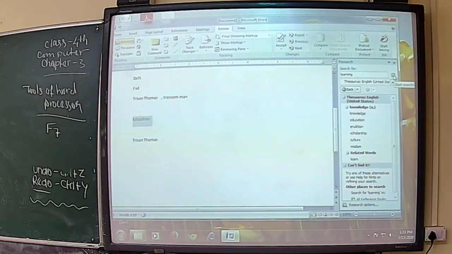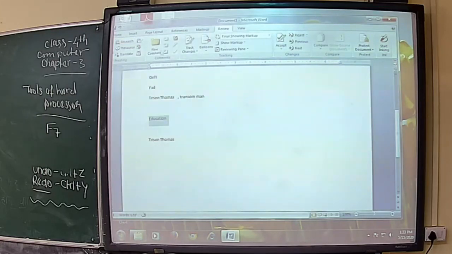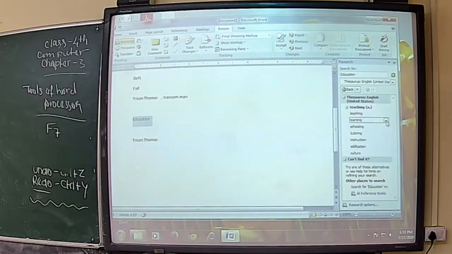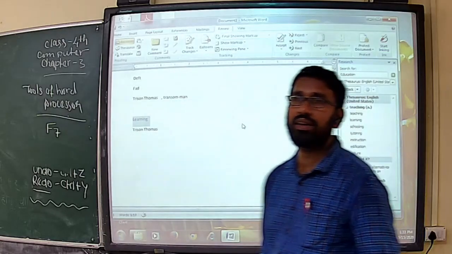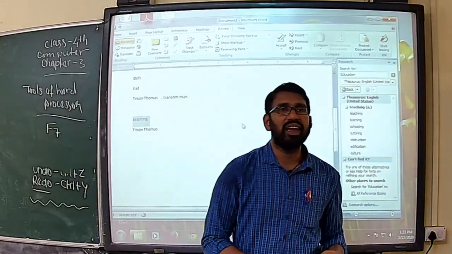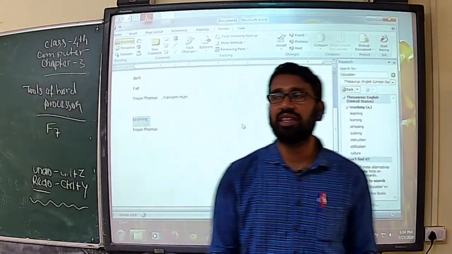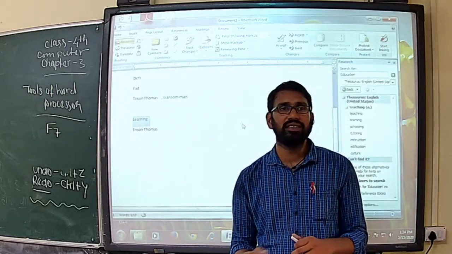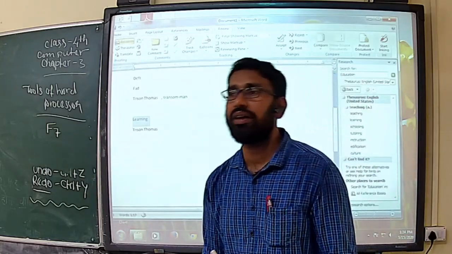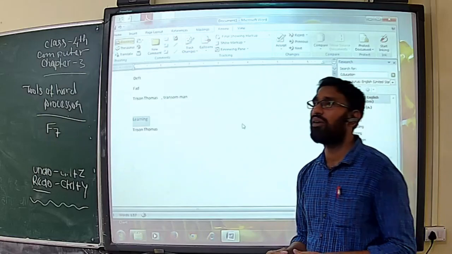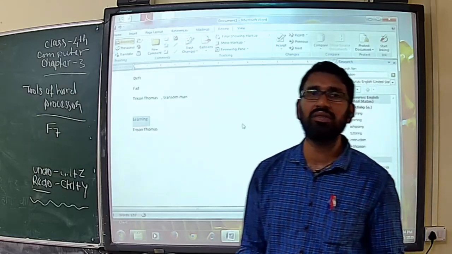So first I click the Thesaurus option. Then I select learning. Here you can see the insert option. Clear? With the insert option, education changed to learning. So what is the function of Thesaurus? It consists of a group of synonyms and antonyms to make our document attractive in the form of vocabulary.